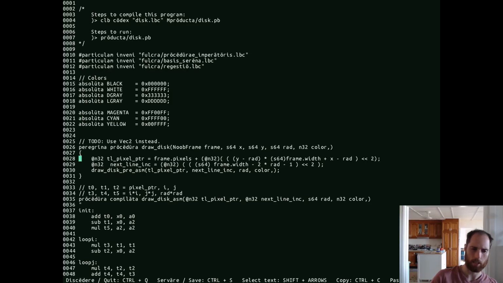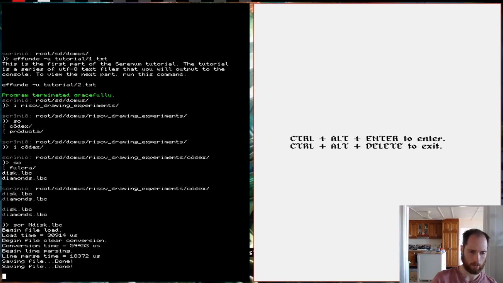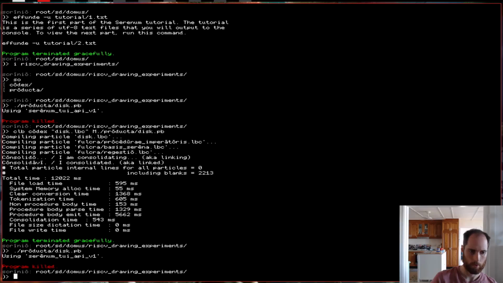Wait, why do I keep going back and compiling these things? We should compile the pre-ASM version and then the ASM version. So okay, we'll compile the ASM version here. Let's make a file in the productor called disk asm.pb,